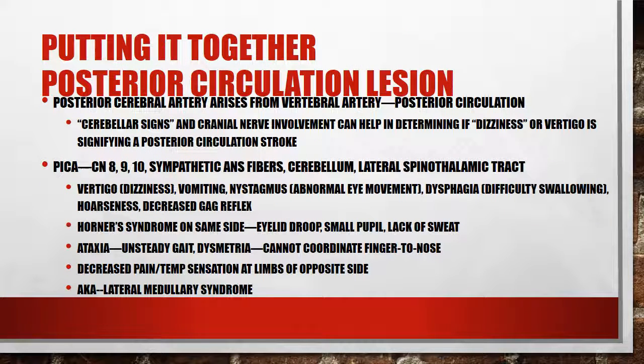So what about the posterior circulation? That's something we haven't really talked about much just yet. So that's going to be your posterior cerebral artery, which actually comes off of your vertebral artery. That's going to be distinct from the carotid artery. So they have two separate origins, essentially. Your ACA and MCA come off of the carotid. The PCA comes off of the vertebral artery. And this is going to be more implicated with cerebellar signs and cranial nerve involvement, and that can play a role in helping determine if dizziness or vertigo is signifying a posterior circulation stroke, for example,